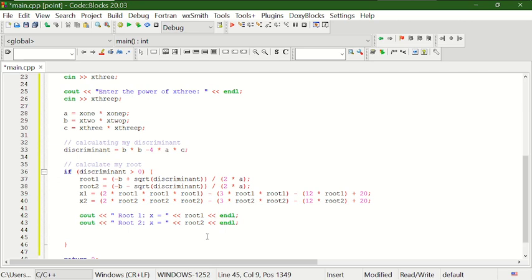So we say C out, substituting the root of x for, okay, let's say for 2